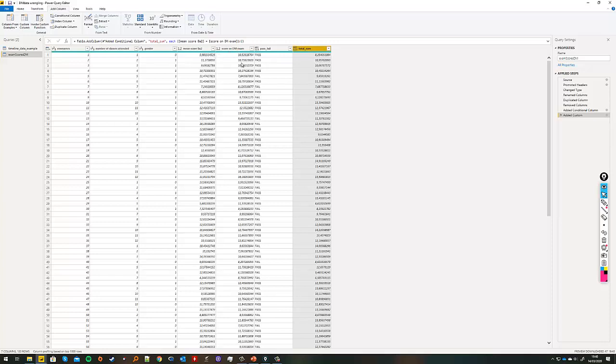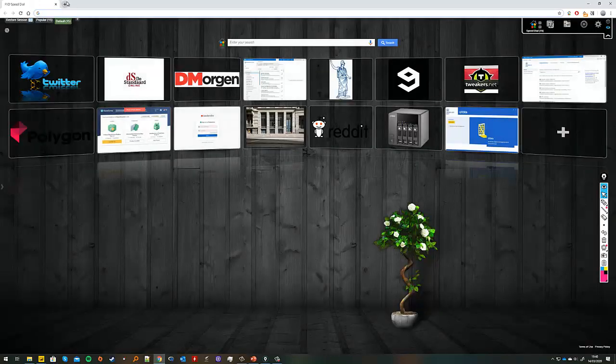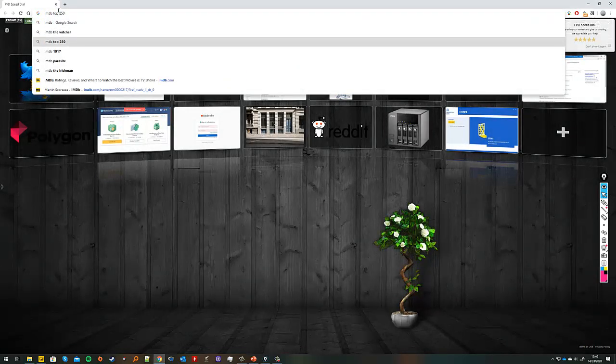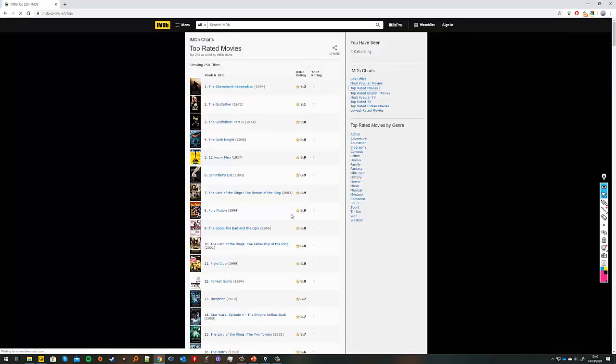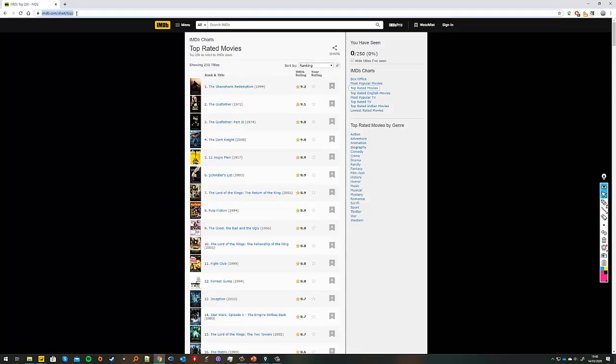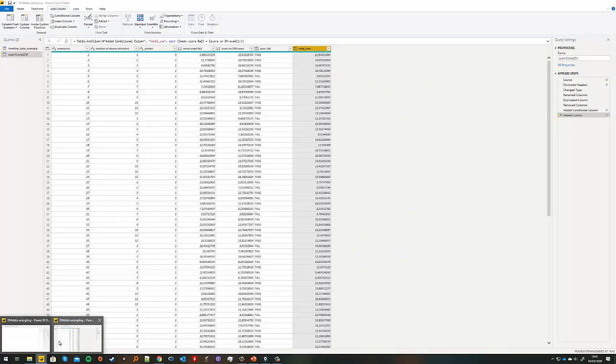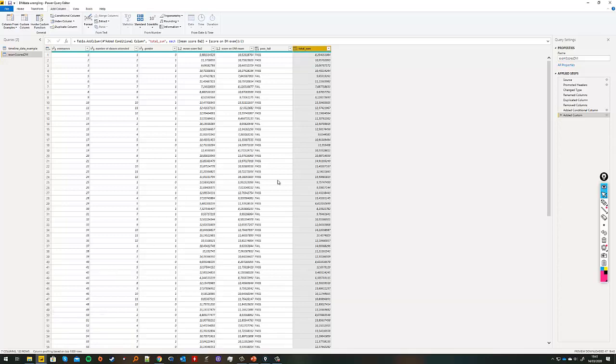Splitting columns might be most interesting to show you guys the IMDb example we did in one of the practicals. So IMDb top 250. So this is the IMDb website with the top 250 movies, and so let's read them in Power BI. So we copy paste the URL, which we did in one of the practicals when I could meet you guys in a physical condition. So we close and apply this,